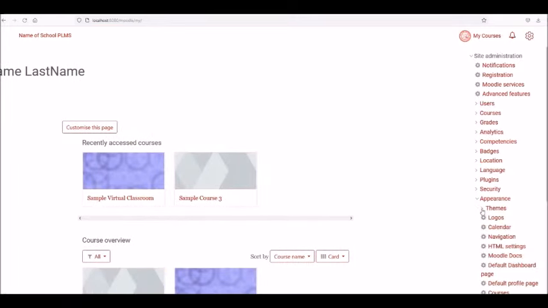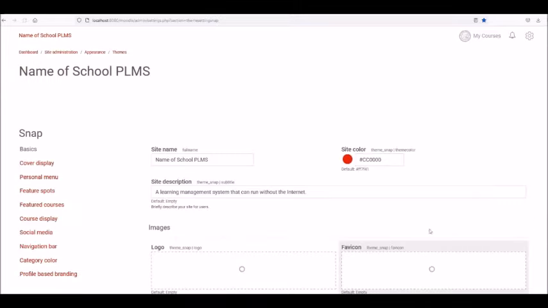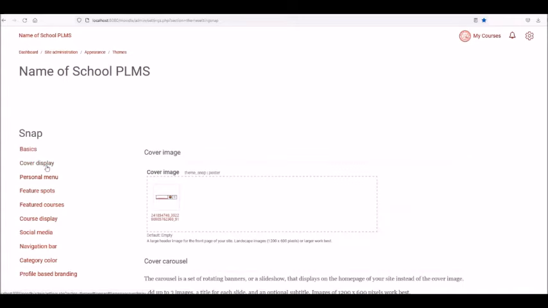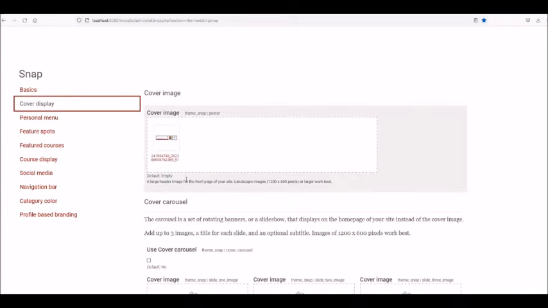So let's go back to the themes and then Snap and then Cover Display. For this particular cover, you can make this one. Take note, the size would be 1200 by 600 pixels, and the landscape. Okay, take note of the landscape